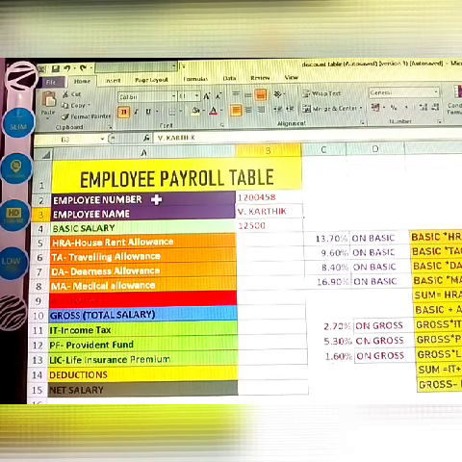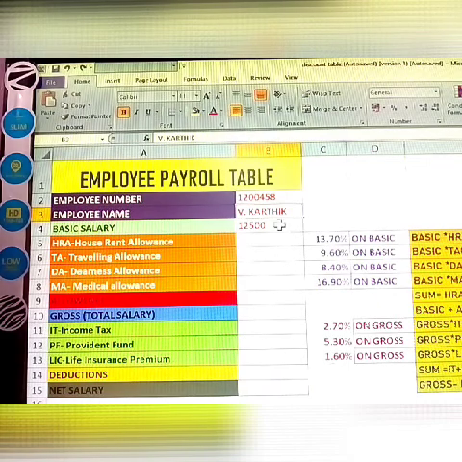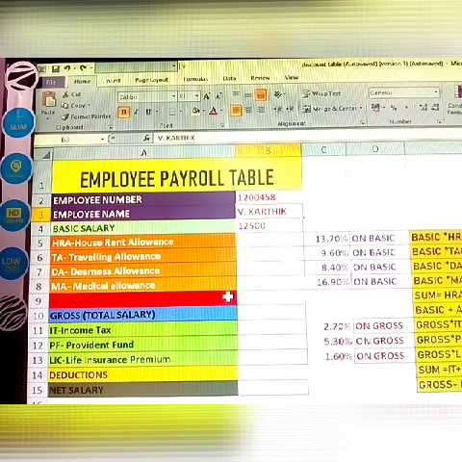first, any employee has an employee ID number and employee name. Here the employee name, and this is the basic salary, but it is not the confirmed salary. In the basic salary, these are allotted. First one, HRA. HRA means house rent allowance. This is very important.